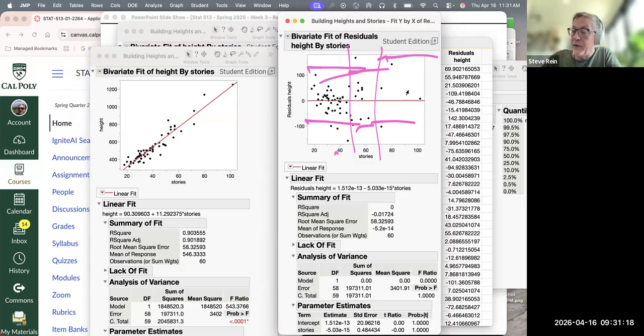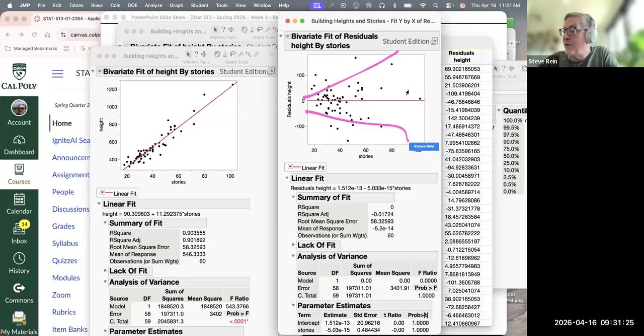Here, it looks absolutely fine to me. However, if I were seeing a problem, it would maybe be the case that for large x's, we see a much wider y range than for small x's. If there was a lack of equality of spread, I would see the problem there. And here, I don't see that problem.